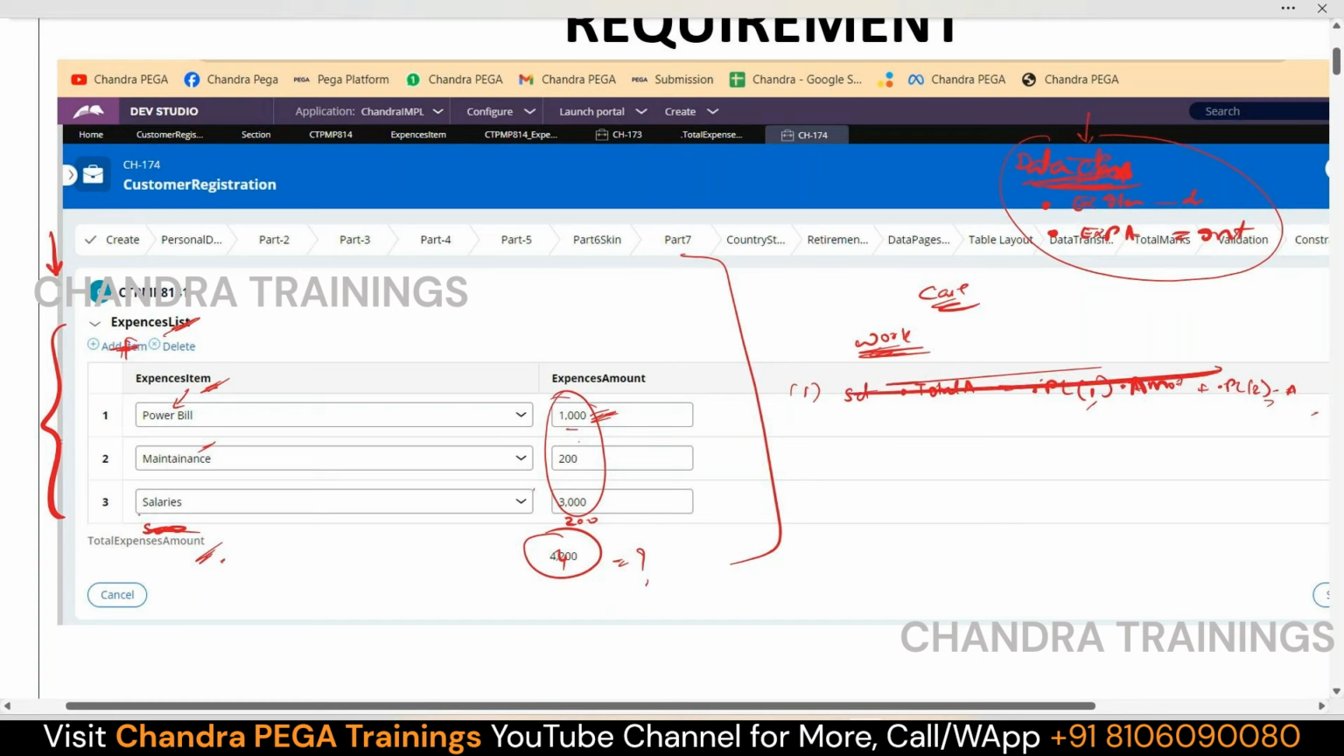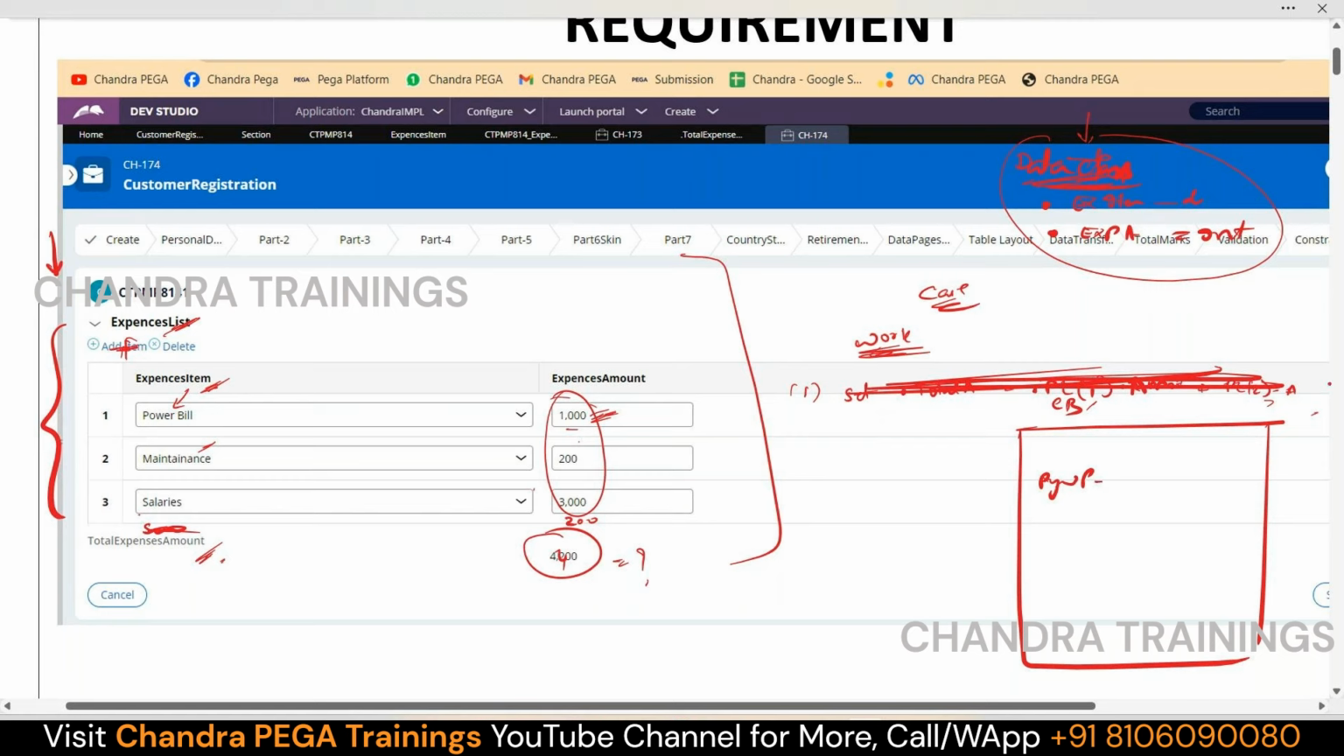Okay, so you have to no doubt loop it. First you have to understand how the clipboard structure should be, right? If this is your clipboard, you will be having pure page. So pure page key class name is work class. On pure page you will see this property directly. Am I correct? So dot total expenses amount, initially it will be 0 since it is an integer property, and within